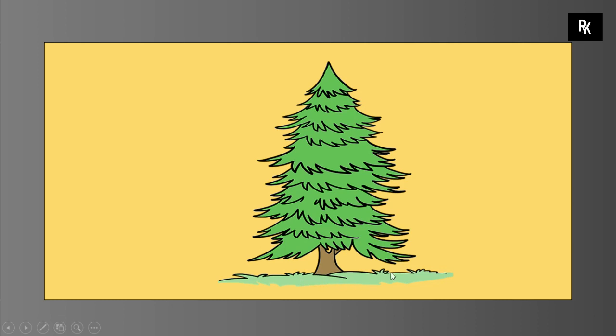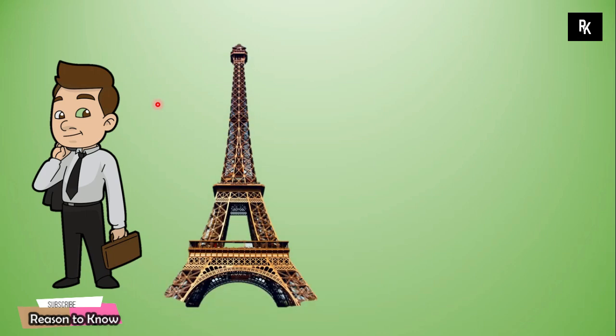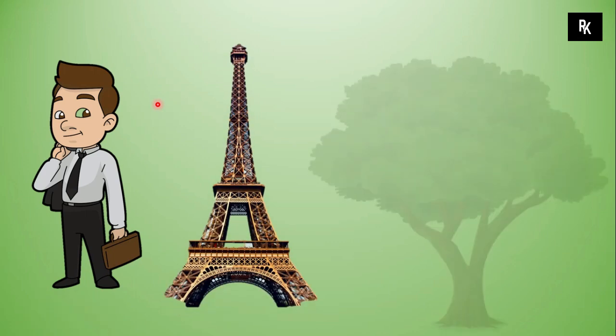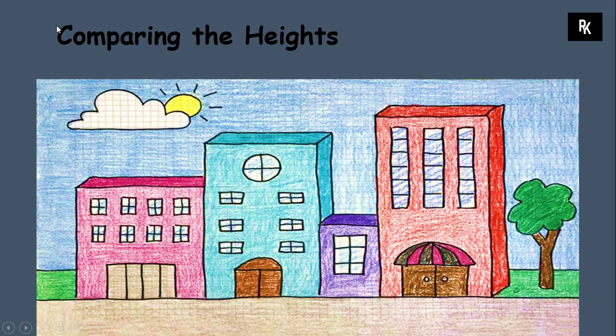Now we will discuss the height. For height, I will take an example of a tree. As you can see, the tree is in the standing position, so we will consider its height. So height is always in the vertical position or in the standing position. Here we will discuss some examples of height, like the height of a man, because the man is in the standing position. The height of the Eiffel Tower, because the Eiffel Tower is also in the standing position, and same as the height of the tree.